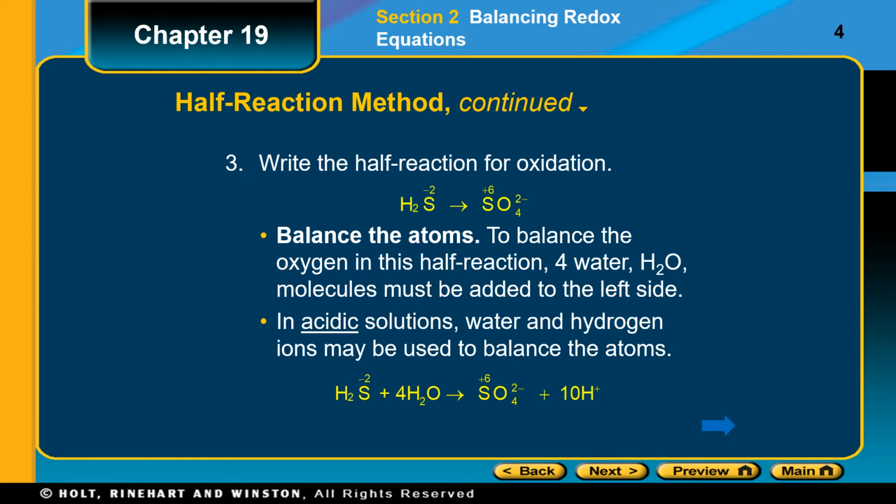We needed 4 water molecules down here. These 4 water molecules have 4 oxygens in them. But in the process, we have added 8 hydrogens to the 2 we already have. So on the left side, I have 10 hydrogens. To balance that, I